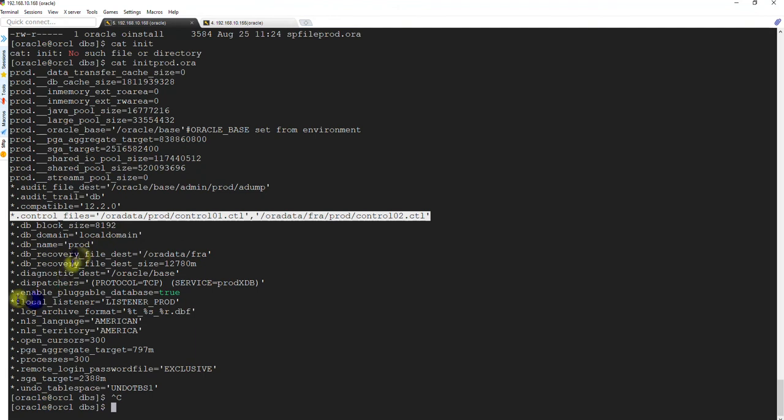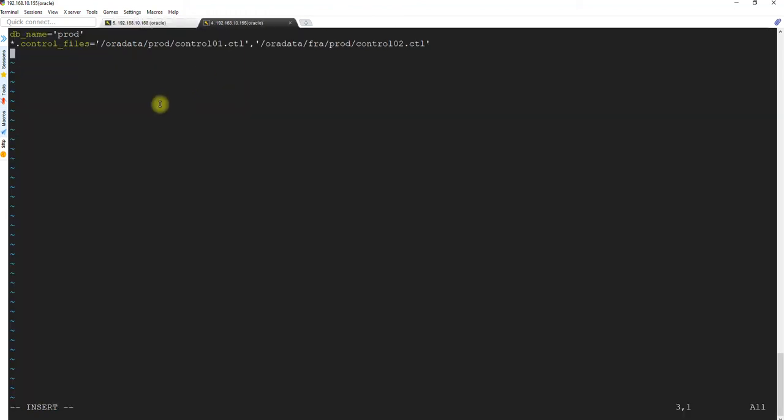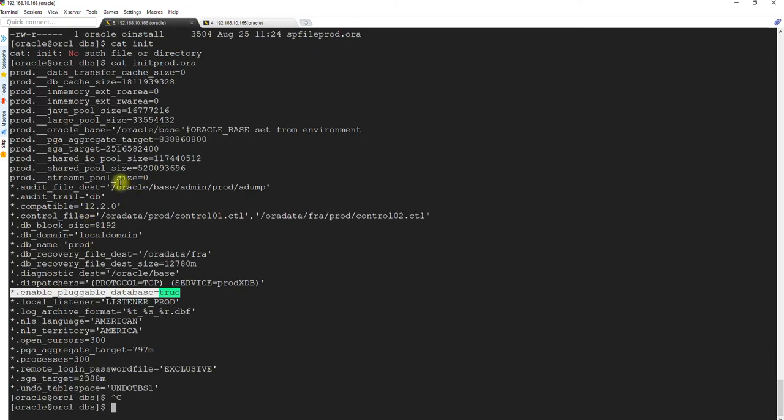Enable pluggable database true has to be there, must. Okay, and then because this location is created, you don't need to mention this.